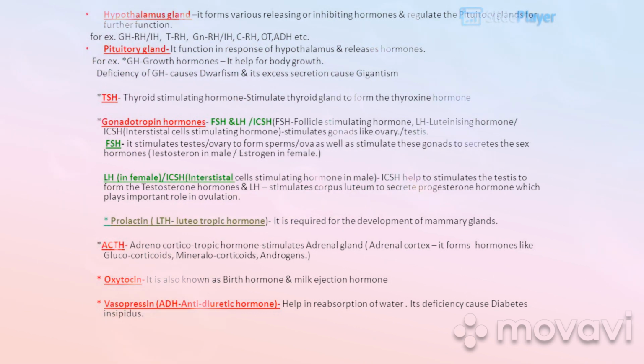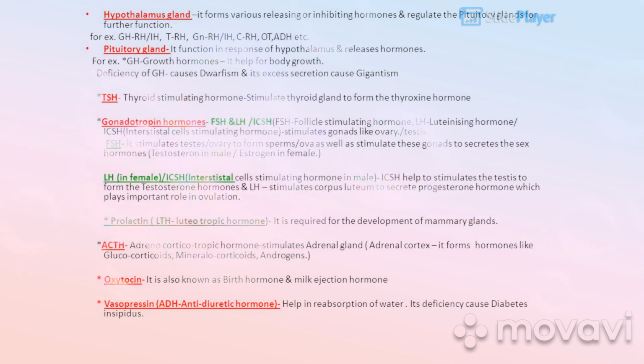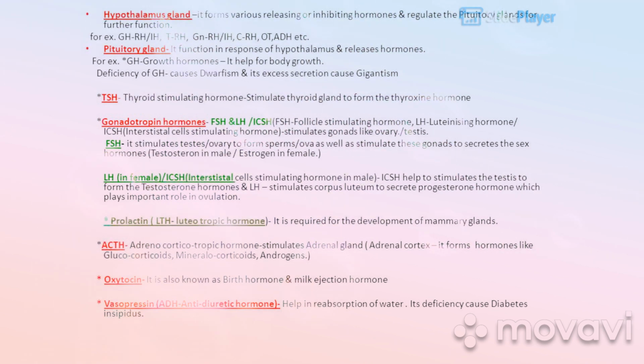Gonadotropin hormones FSH and LH/ICSH. FSH, follicle stimulating hormone; LH, luteinizing hormone/ICSH, interstitial cell stimulating hormone, stimulates gonads like ovary/testis. FSH stimulates testes/ovary to form sperms/ova as well as stimulates these gonads to secrete the sex hormones, testosterone in